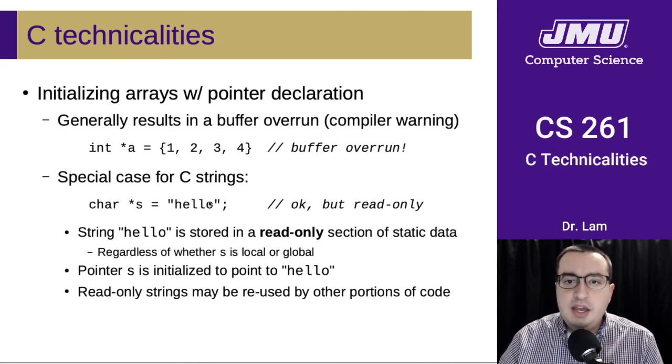One reason that it does this is that it's fairly common for people to use string constants in their code. And if you use the same string constant in multiple places in your code, it's not going to change, and so there's no point in storing multiple copies of it. And so what the compiler will do is find all the string constants that are equal to each other, and store just one copy of that constant, and make all of the pointers that were initialized to that string constant just pointers to that same string constant in memory. So that's the motivation behind this behavior here. But it is a little confusing because it is a special case of something that would generally not be considered safe.